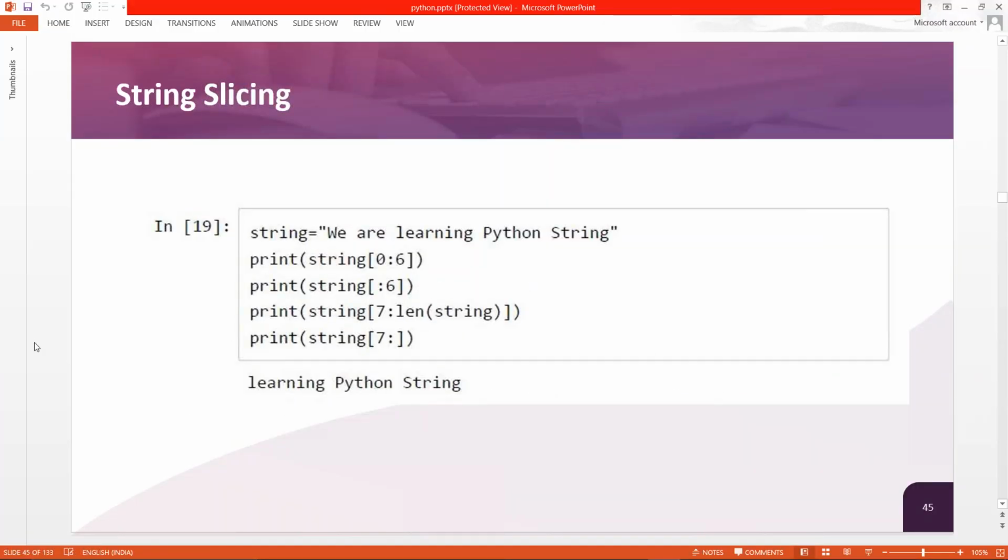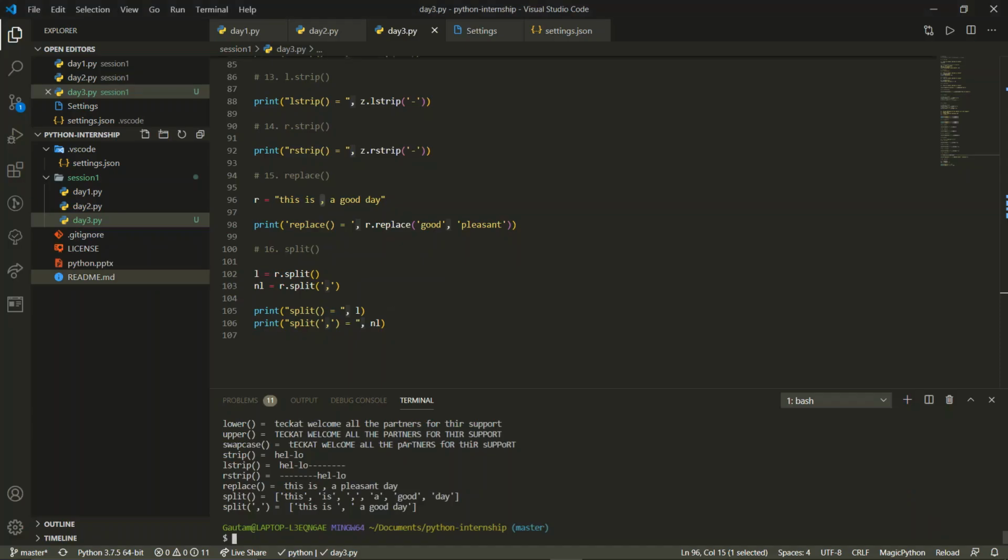Now next we have slicing. What is string slicing actually? If you want only a substring, like from B to learning, you can do this using slicing. How to slice? You give the starting element position, that is 0, and the ending element position, put a colon in between, and it will slice it. There is no function over here, but you can say an operation. The 17th one is slicing.